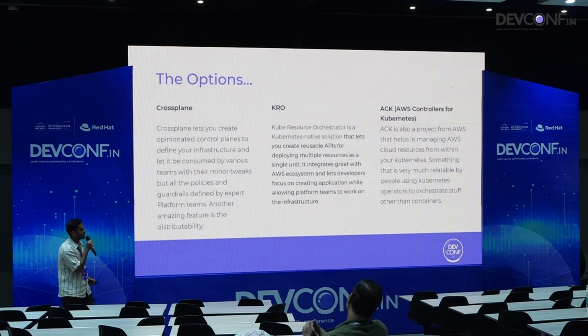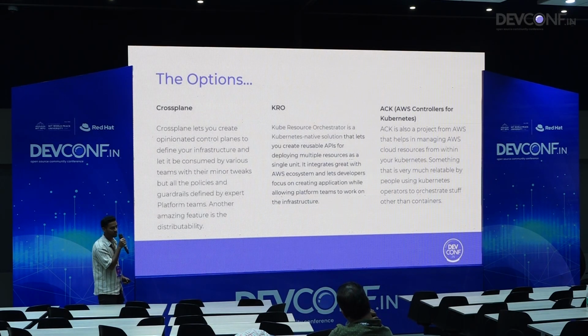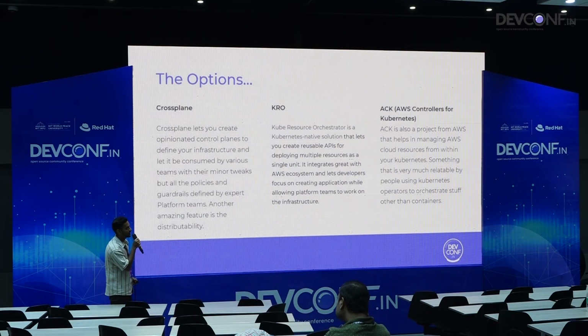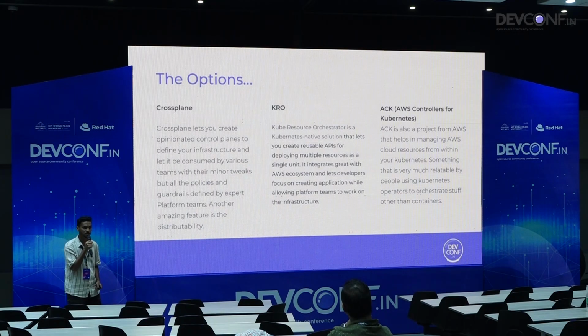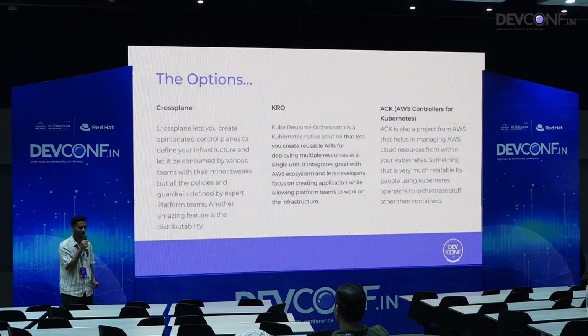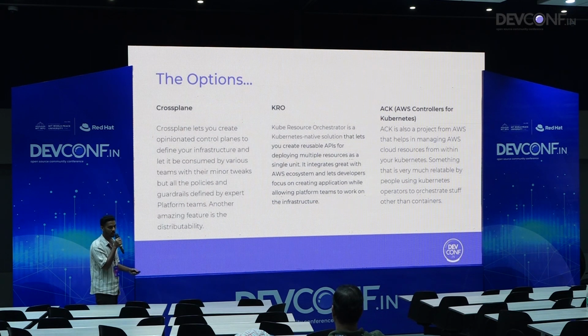Recently AWS announced this tool called Kube Resource Orchestrator, KRO, which is also built on the same principles as Crossplane, but from Amazon, so better branding, I will say. It also helps you define your infrastructure, and it has control loops implemented for all of them to be created from within Kubernetes. And earlier there used to be a tool called ACK. Right now it is not much maintained, which is just Kubernetes controllers for AWS. So you can create your own S3 bucket from Kubernetes. You can create your own EC2 instances from Kubernetes. That is also a similar philosophy, but yeah, vendor lock-in, limited to AWS.